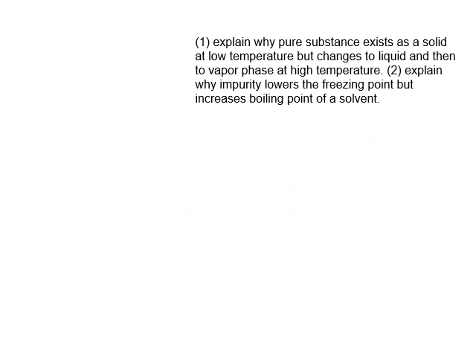Question number 1. Explain why a pure substance exists as a solid at low temperature, but changes to liquid and then to the vapor phase at high temperature. This question is about the stability of different phases at different temperatures. The stability of phases is determined by chemical potential, and the chemical potential is a molar Gibbs energy which obeys the fundamental equation, that is, d mu, mu is the chemical potential change,